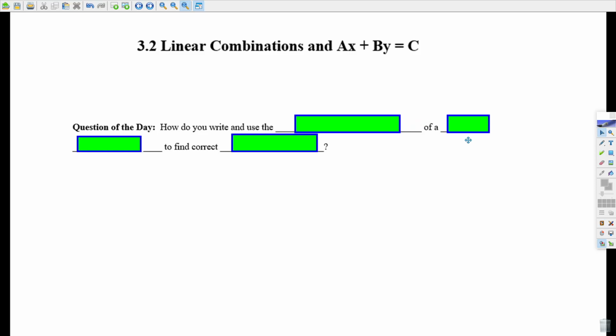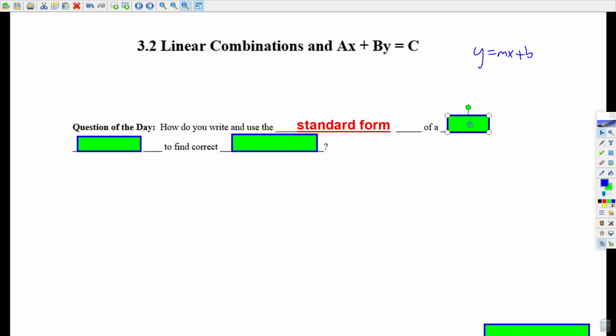So the lesson before this, for 3.1, we talked about slope-intercept form, which was when you had y equals mx plus b. And so now we're going to look at a different form, and it's not called slope-intercept form, it has a different name. So for 3.2, we're actually going to be looking at something called standard form. So how do you write it and how we're going to use it? So the standard form of a linear equation